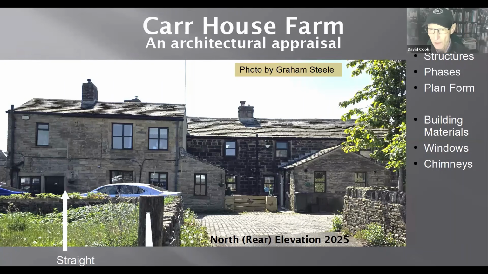So the original extension which is added to the back of Carr House Farm there, which is the building in the lighter or cleaned sandstone, has itself been extended to the left in fairly recent times to add a kitchen, and you can just hopefully make out a straight joint going up there, and it more or less aligns with the brick chimney pot on top. So that actually forms a little bit of a double pile to the whole Carr House Farm complex there on that